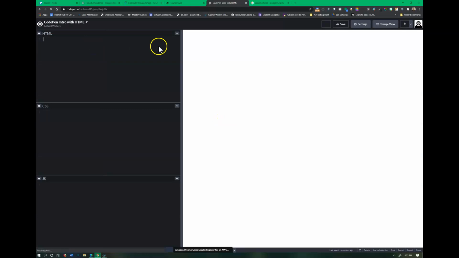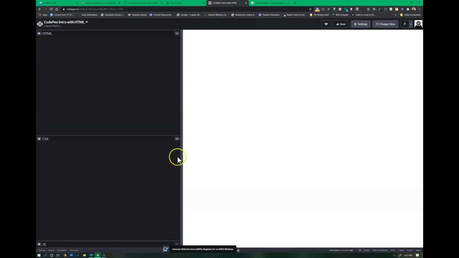Okay, so like what we were talking about before, HTML is the main code that we have, and since we're not learning CSS or JavaScript right now, let's minimize these windows because we don't need them in our way. Okay, so now here is where we want to type our HTML code. I mentioned that HTML is our main element that everything is going to be in, and this already has it. So we need to start with the next step, which is our body, what we want to see. Because if I just start typing text,